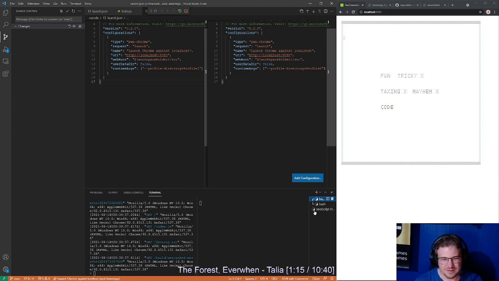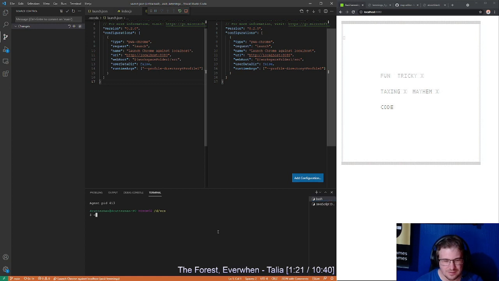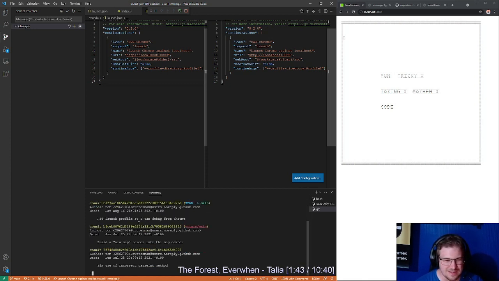So let's take a look at that, shall we? Right. So the last thing we did was build a new map screen into the map editor. Okay, yeah, so